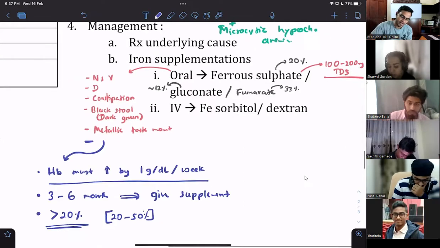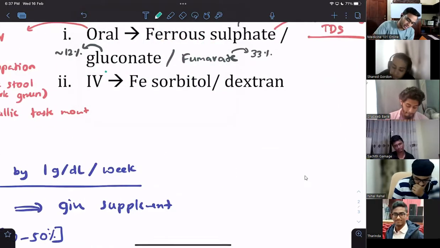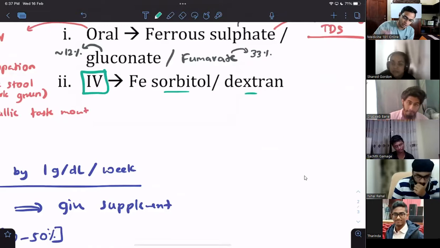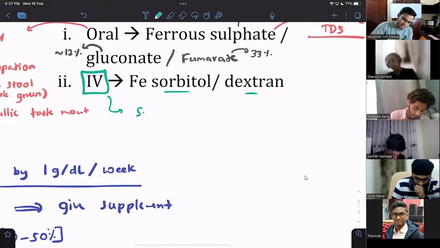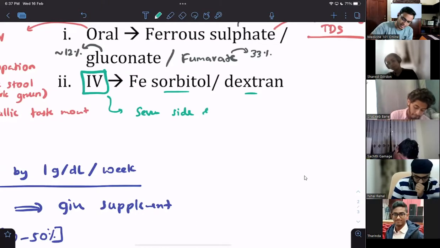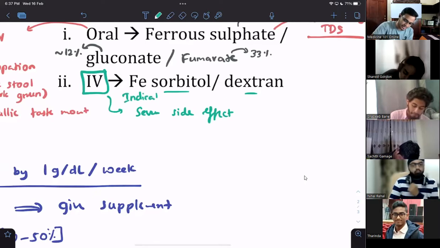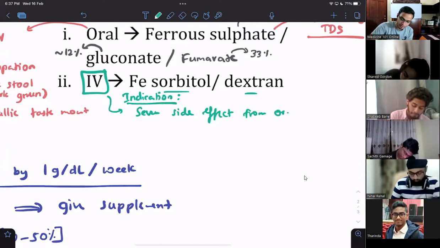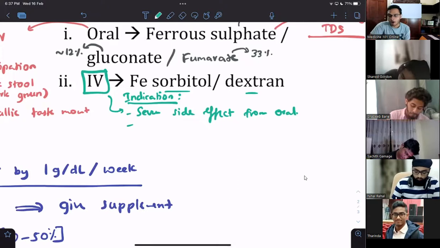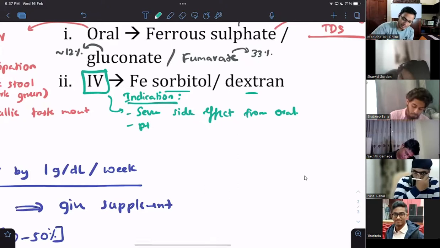Then the final one, IV. IV, guys, is not commonly used. We have two options, IV sorbitol and IV dextran. This is used in specific scenarios when oral iron is either not working or intolerable by the patient. Indications for IV: severe side effects from oral iron,